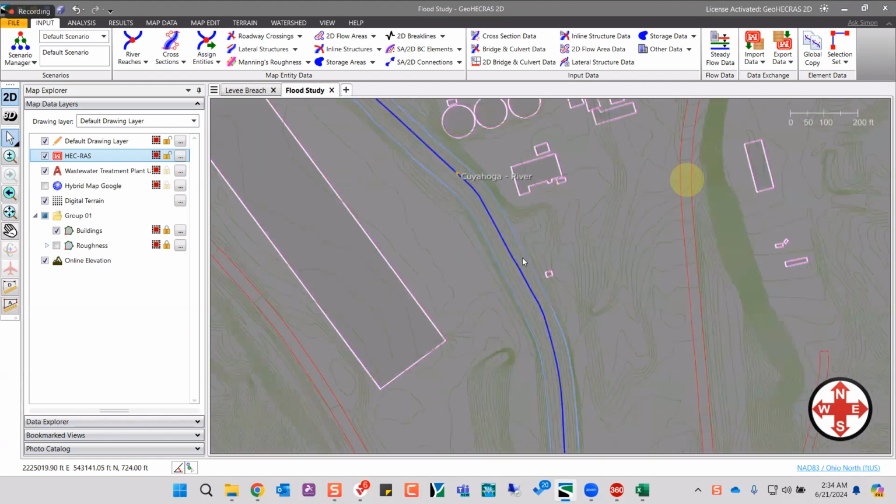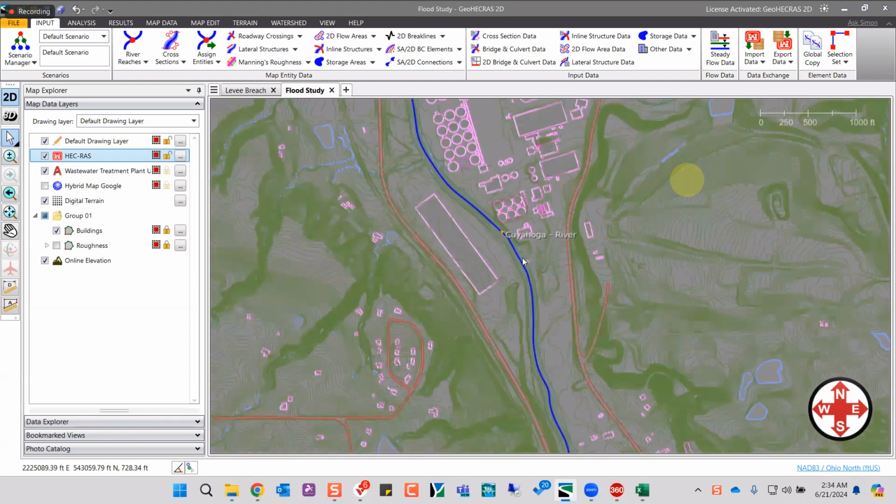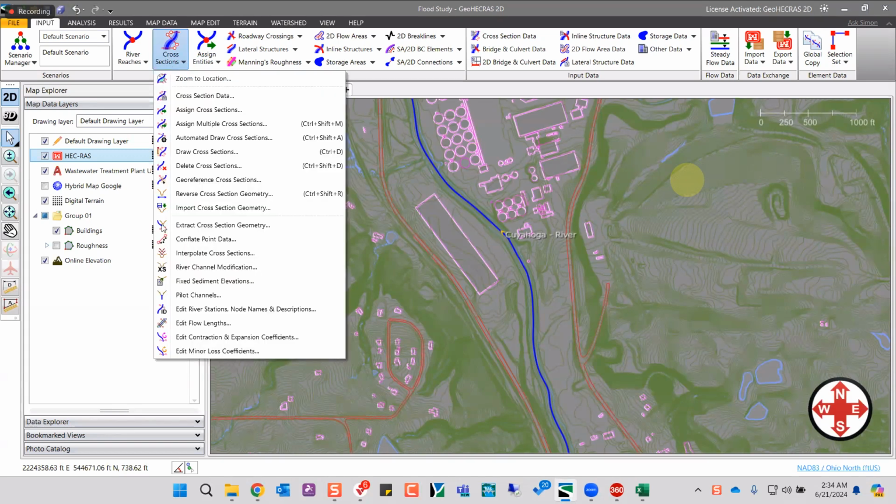All right, let's go ahead and cut our cross sections now. So again, you have multiple options to cut your cross sections in here. You can go ahead and bring in your surveyed points for your cross section. You can directly import that. Apart from that, if you want, you can